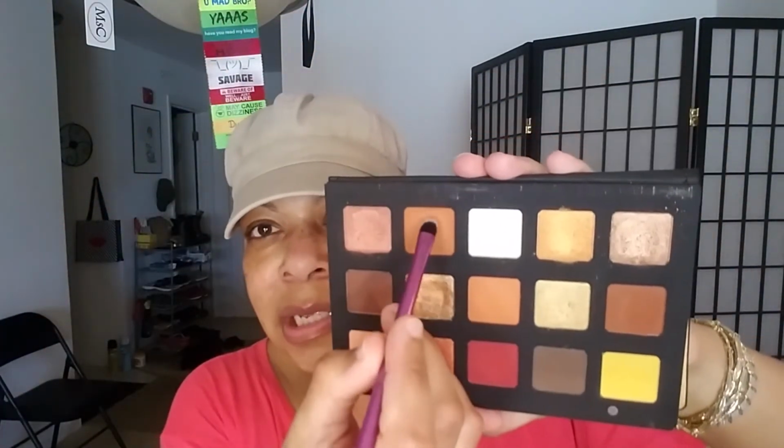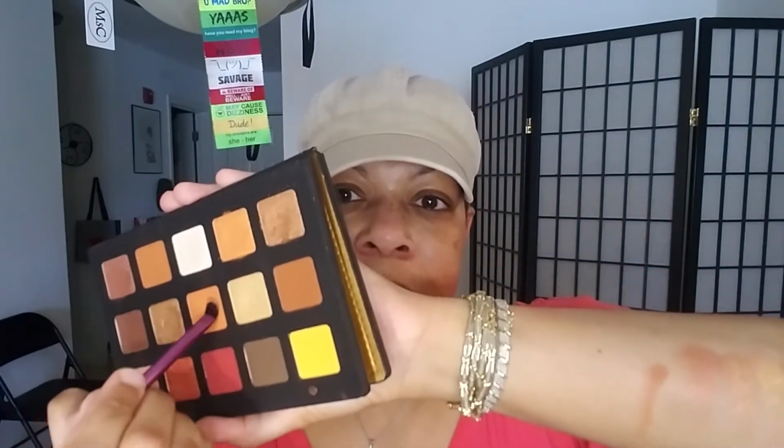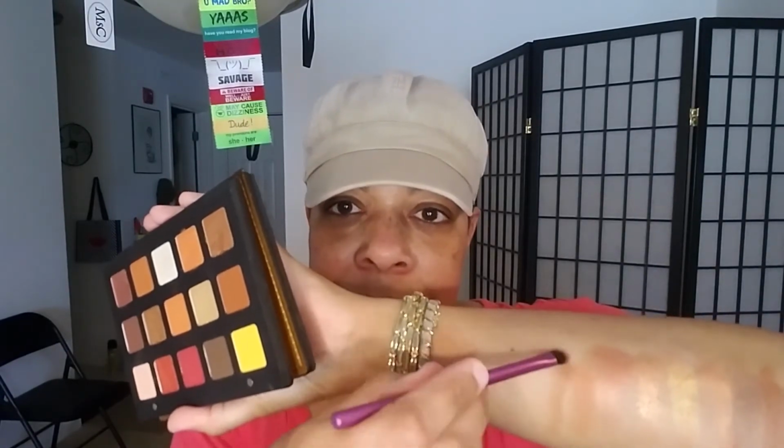So I'm going to take a clean brush. So we're going to take Sinai and we're going to put that here. And we're going to wipe that off and we're going to take Horizon, which is here. So again, you can see a slight difference. I'm wiping off the brush again so I can blend Sinai some more. And so looking at these,